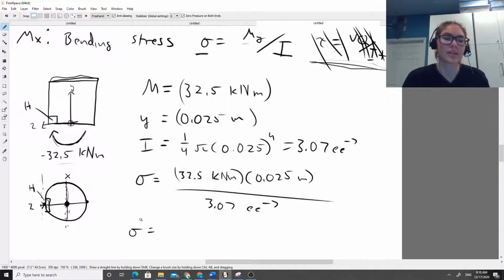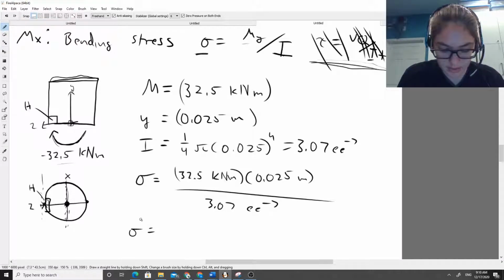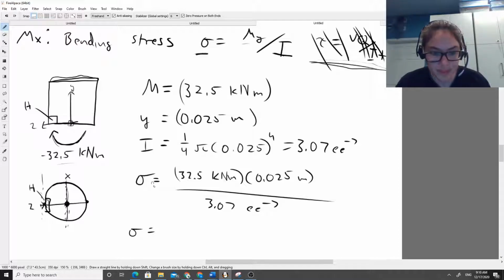That's going to give us a normal stress of 32.5 times 1,000, because that's kilonewton meters, times 0.025, divided by 3.07 e to the negative 7. And that's going to give us a pretty big number. It's this monstrosity,